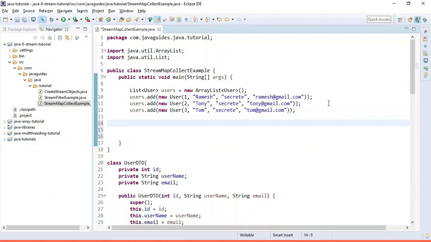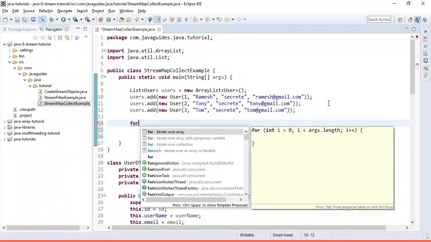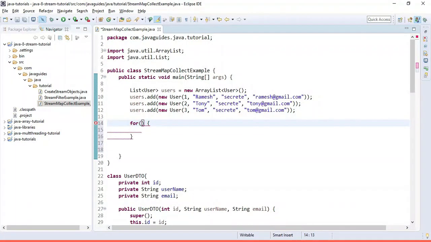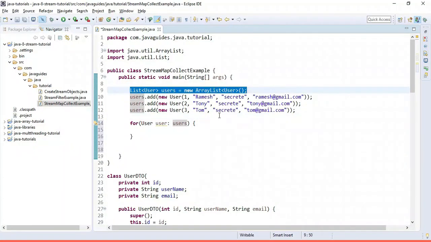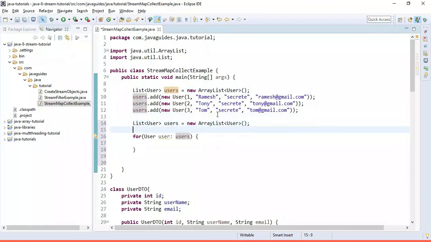In traditional way, how we were doing is we are using a for each method, and we are just iterating over a list of user objects, and we just convert user object into user DTO object. Let me quickly show you how to do it. Here user, and this is users. Now let me create one more list to store user DTO object. I am going to call it as users DTO. Alright,